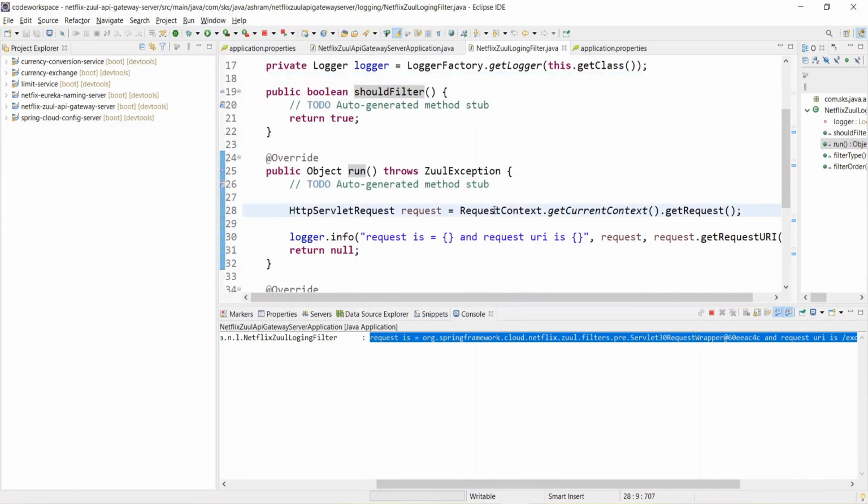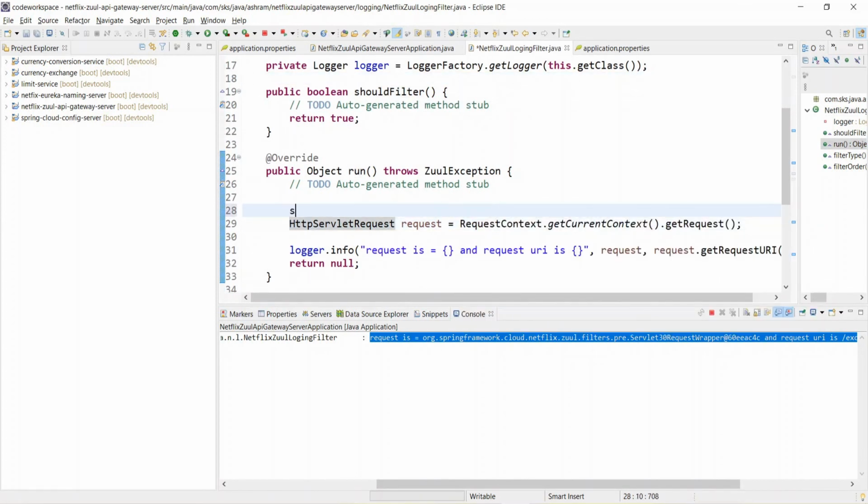So here, if you want to see more logs, use sysout and print here, and thereafter we'll print "logging filter started working", right?